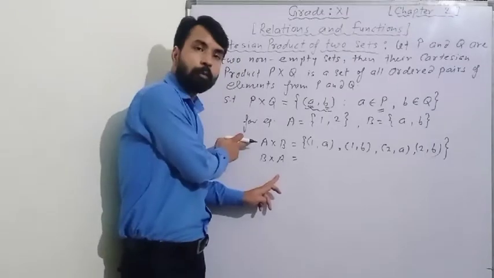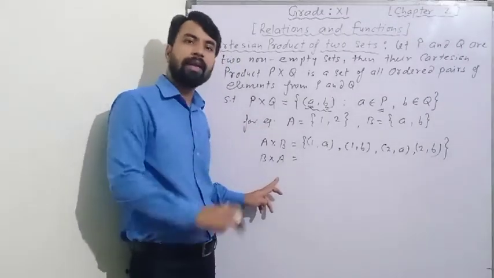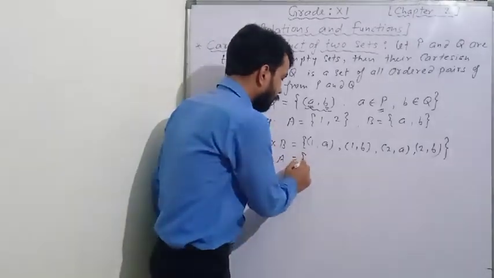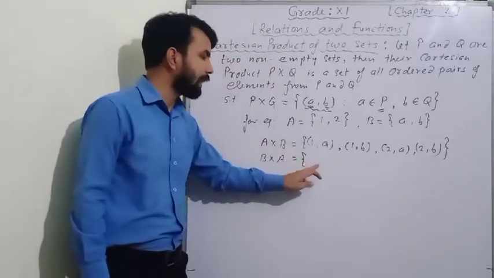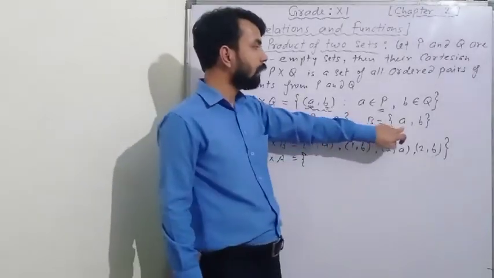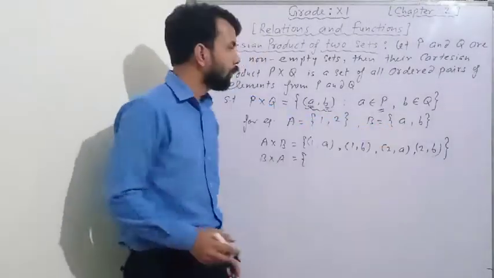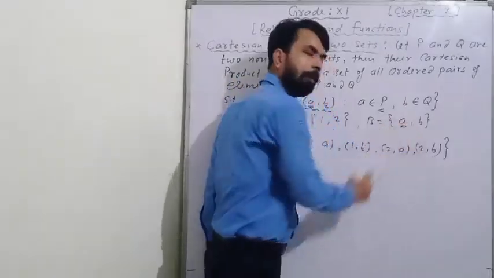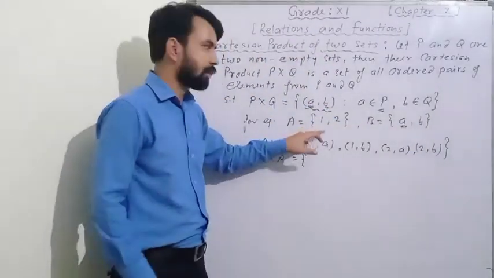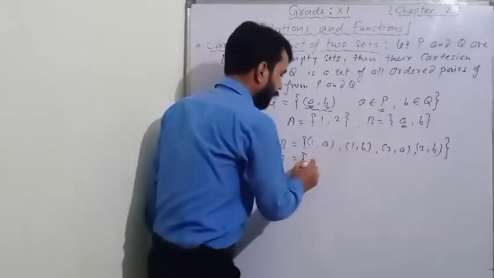This is the Cartesian product of A and B. Now I am finding the Cartesian product of B and A. So here, the very first element of this set belongs to set B. That means in the pairs we make, we have to write the elements of B first. So who is the first element of B? a. We will make its pair with both elements of A, the remaining elements. So first pair will be a comma 1.